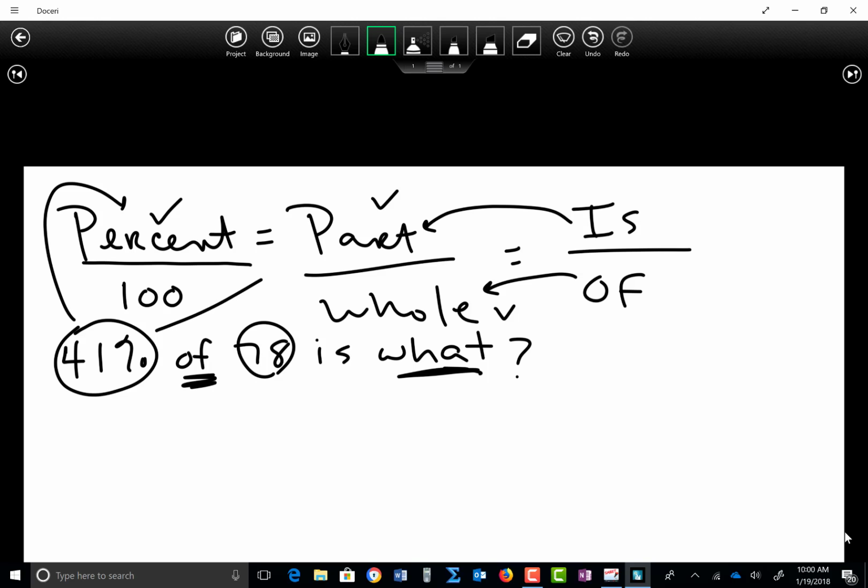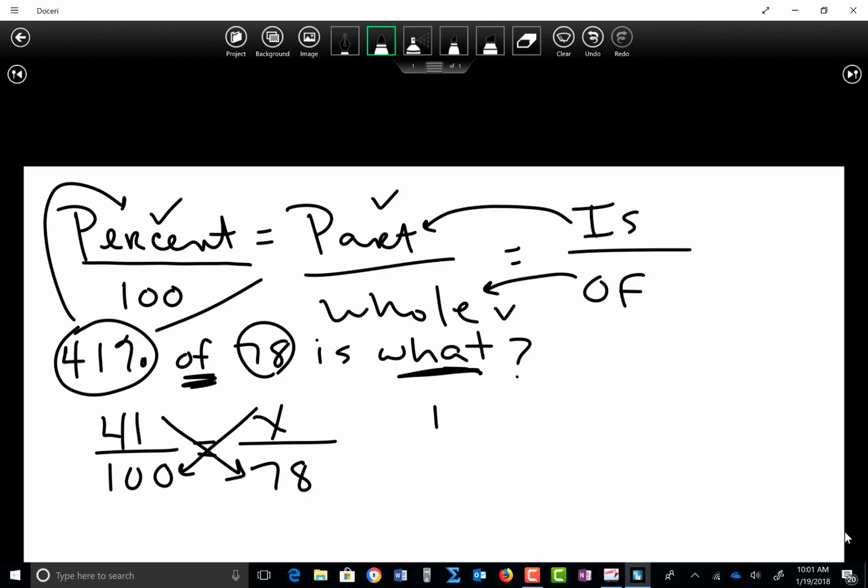So we've got 41%, so we would do 41 over 100 equals the part, which we don't know, over the whole. And once we do that, we can do cross multiplication, which is how we would solve a proportion, and we can say 41 times 78 and 100 times x. Well, 100 times x is simply 100x. And then you might need your calculator to do 41 times 78. So 41 times 78 comes out to